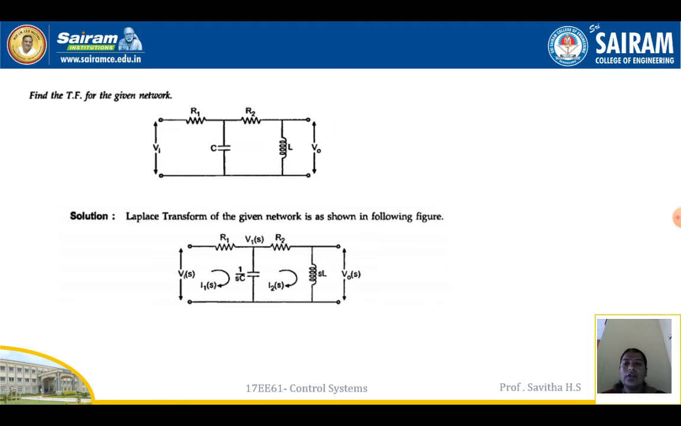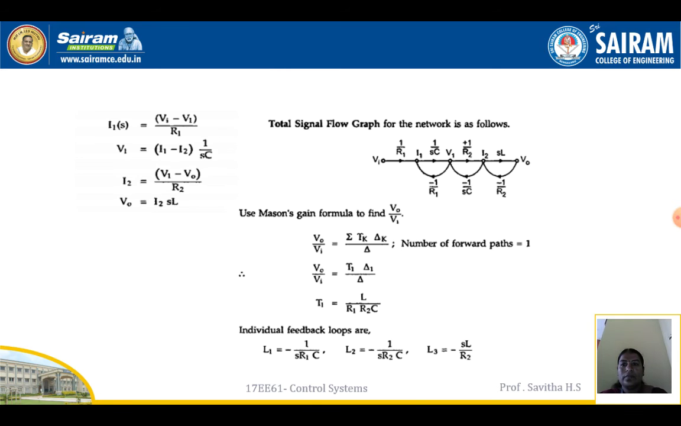Find the transfer function of the given network. So the Laplace transform of the given network is given by, so write the equations now. I1 of S is equal to Vi minus V1 by R1, and V1 is equal to I1 minus I2 by 1 by SC, and I2 is equal to V1 minus V0 divided by R2, and V0 is equal to I2